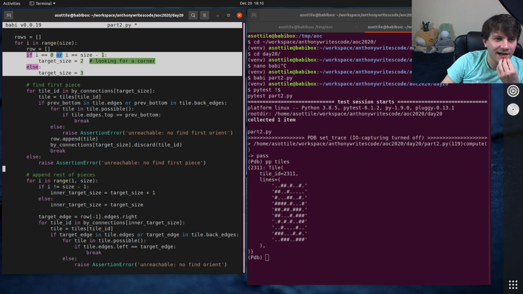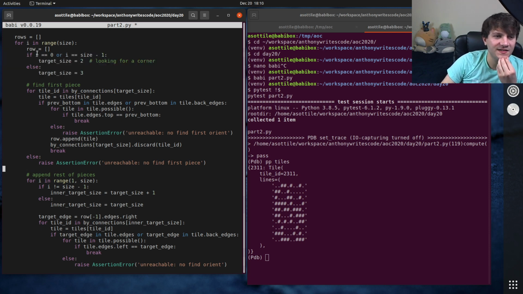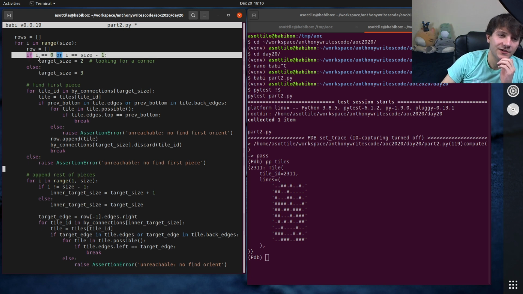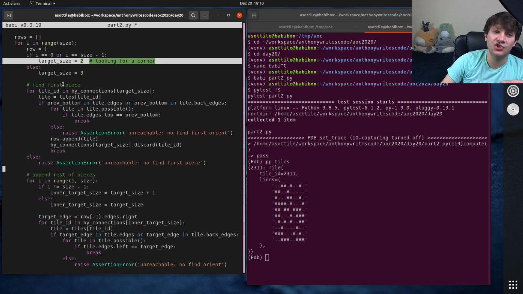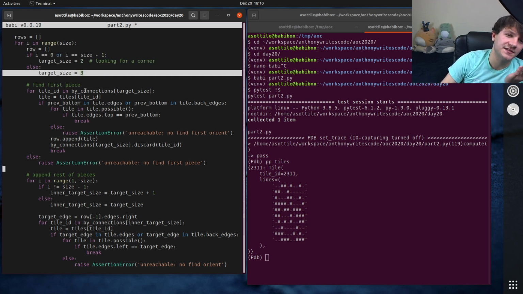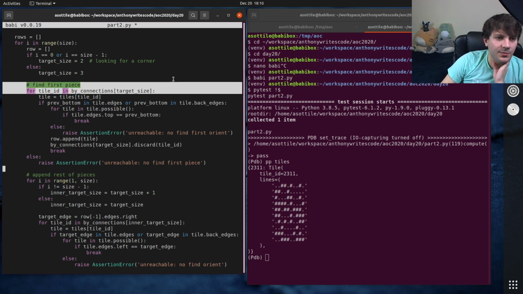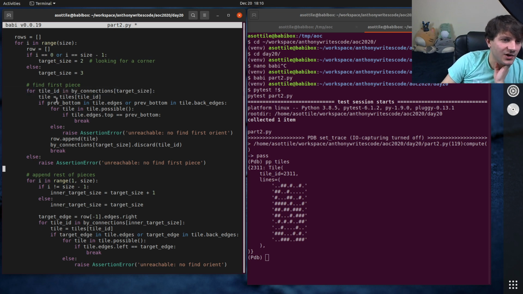And we know what cardinality that piece is supposed to be based on whether we're looking at the first row or the last row. So if we're looking at the first or last row, the first piece we're going to find should be a corner piece. Otherwise, it's going to be an edge piece. And so then what I do is I loop over everything that's of that right cardinality, and I try and see if the previous bottom is in either of its edges, either its forward or backward edges. Then